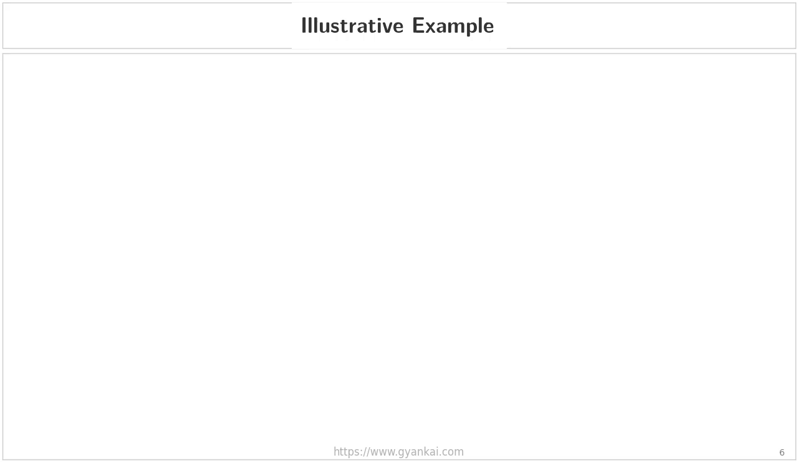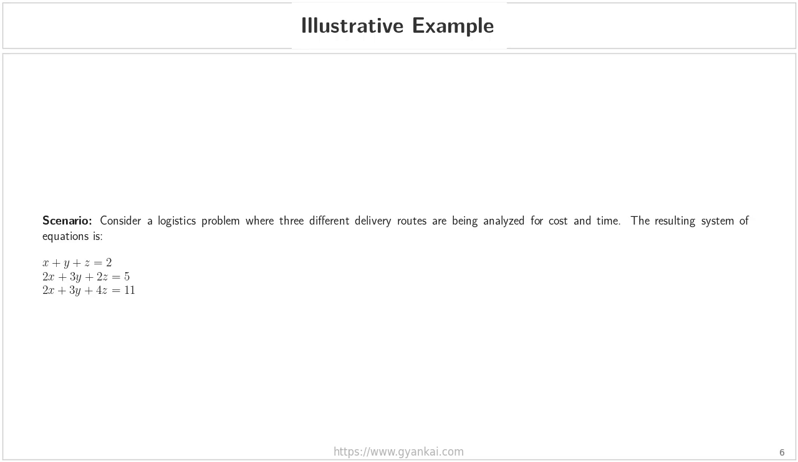Illustrative example. Now that we have understood the theory and the decision criteria, let's put this into practice with an illustrative example. Imagine we are working on a real-world logistics problem. Suppose we are analyzing 3 different delivery routes to optimize for cost and time, and this analysis has resulted in the following system of linear equations. x plus y plus z equals 2, 2x plus 3y plus 2z equals 5, and 2x plus 3y plus 4z